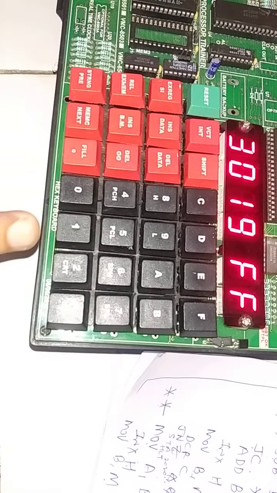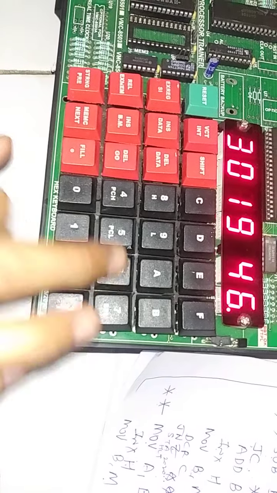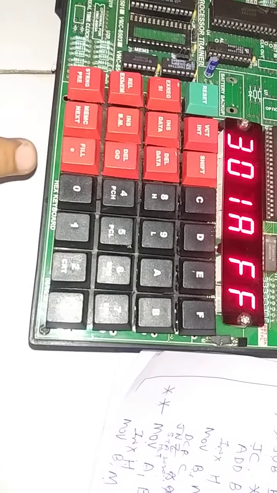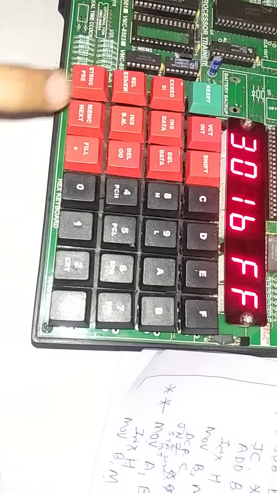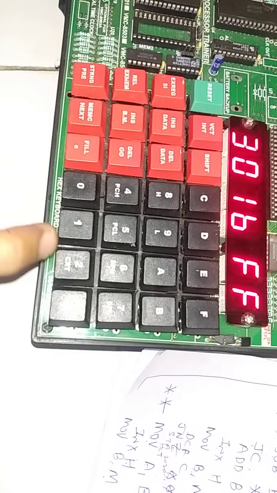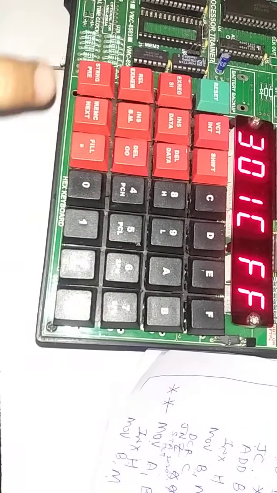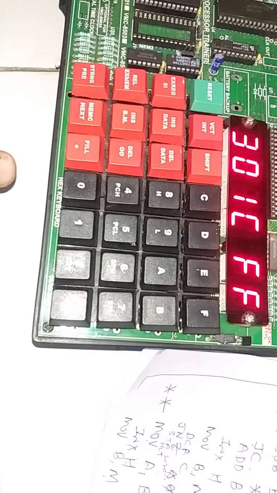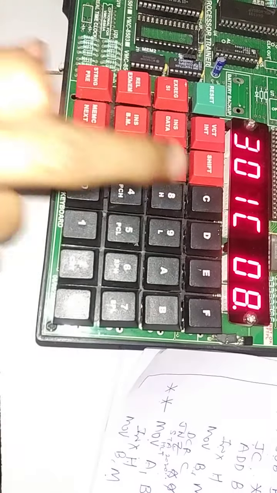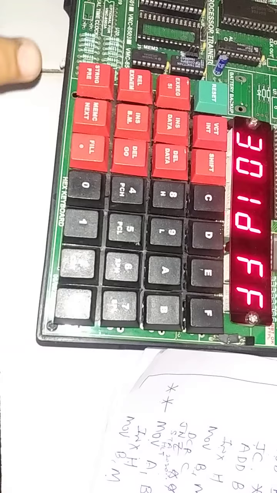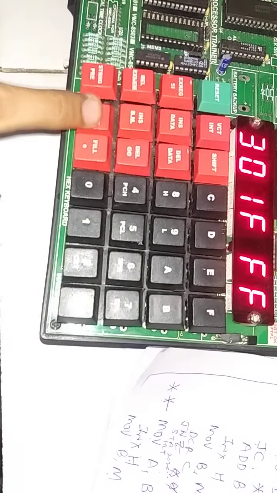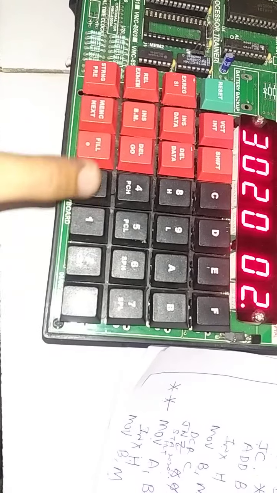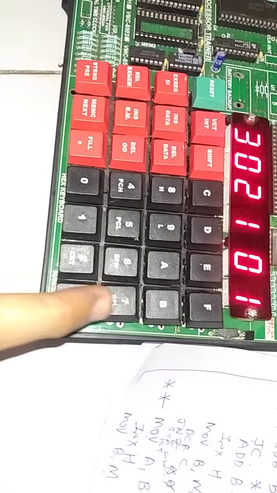Then MOV B, M is 46. Then 0D is the code for DCR C, so 0D. Then C2 is for JNZ. Then 08 and 30 is the location where I have to jump. So then 32 will be the STA, and 20 is the result location, and 76.